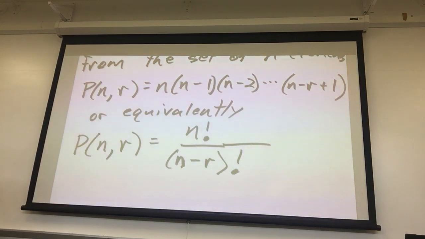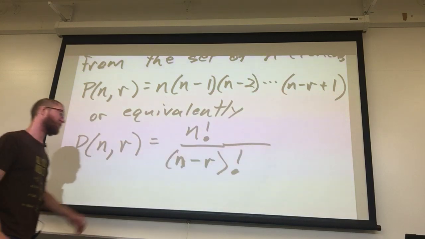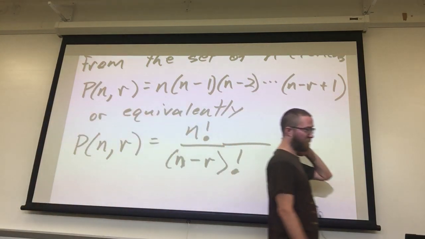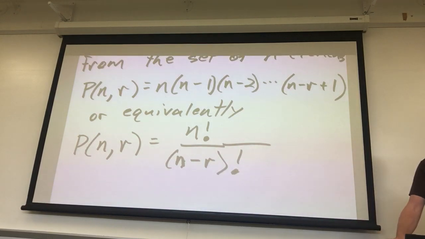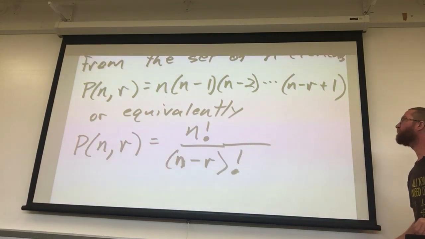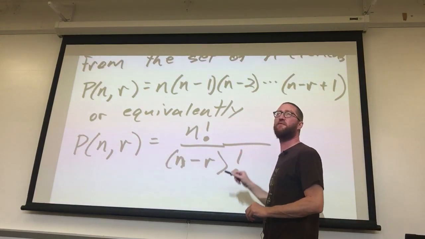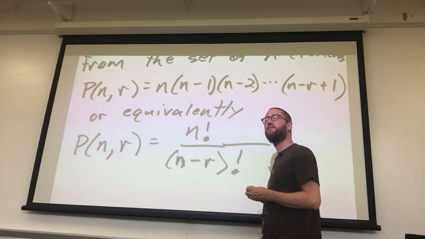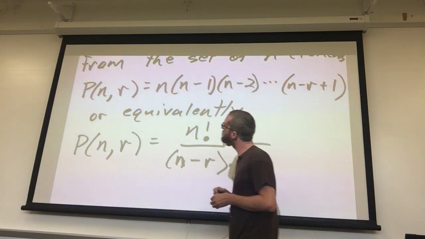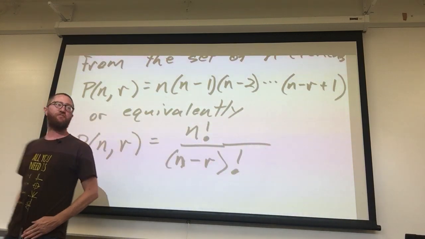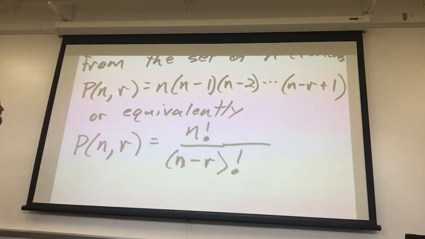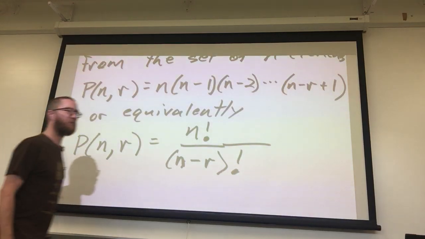Now, how are these things equivalent when talking about factorials? One of the things about factorials is that with a lot of these formulas, there's a lot of cancellation that goes on, okay? So why does P of n r equaling this thing up here actually equal this thing right here? Well, let's have a look. Let's say we did